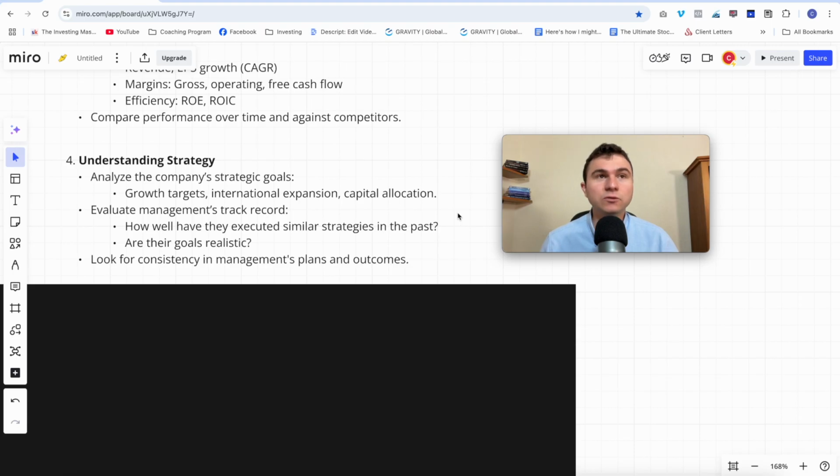Capital allocation in 2 words is what do you do with the cash flow you generate every year. Either you reinvest in the business, or you acquire a new company, like a competitor, you acquire them, you merge the 2 companies, or you pay off your debt, or you pay dividends, or you do buybacks. What do you do with the cash you generate? And because we are only dealing with profitable companies, they generate some cash, I hope for them. What do they do with the cash? Either they want to reinvest in new facilities in Mexico to go international. Yeah, okay. And what is the expected growth rate?